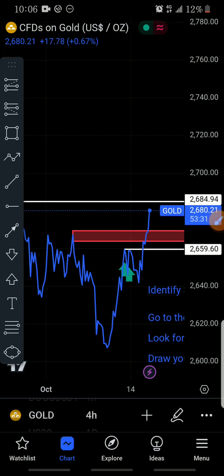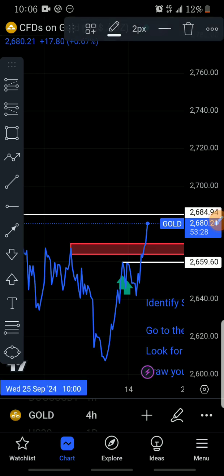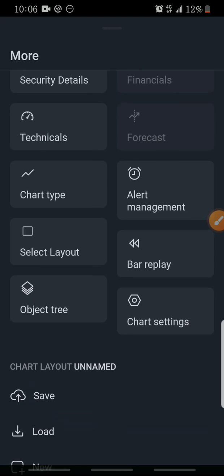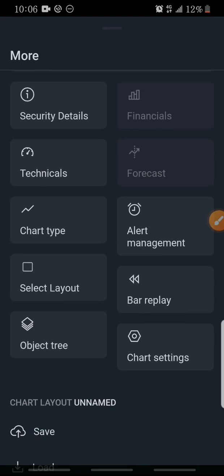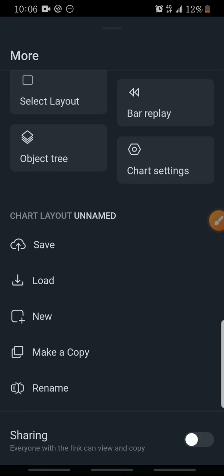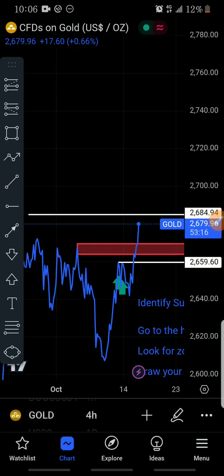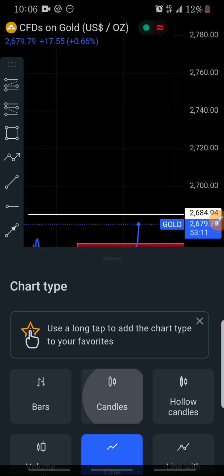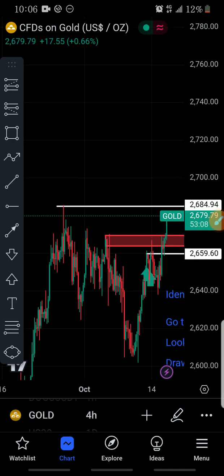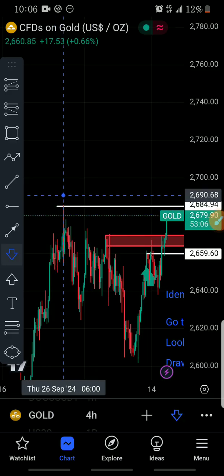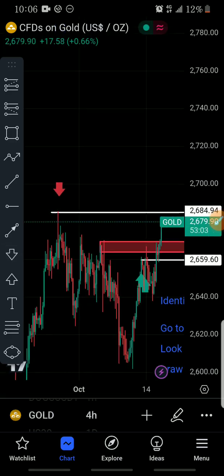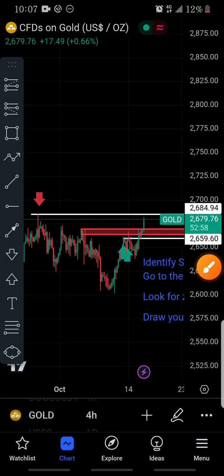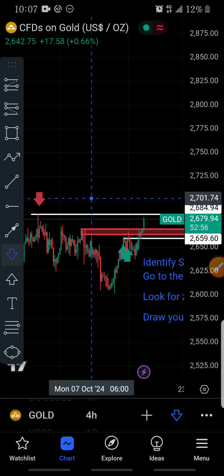is the level I marked above here. The white level here is our support. If I change it to the candlestick now, you see that's the highest level the market has been. So that's our major resistance level. You see this wick here, this candlestick here. You can see that's the highest level the market has been. So that's our major resistance level. So eventually you can see the market is already retracing to that level again, and when the market gets there,